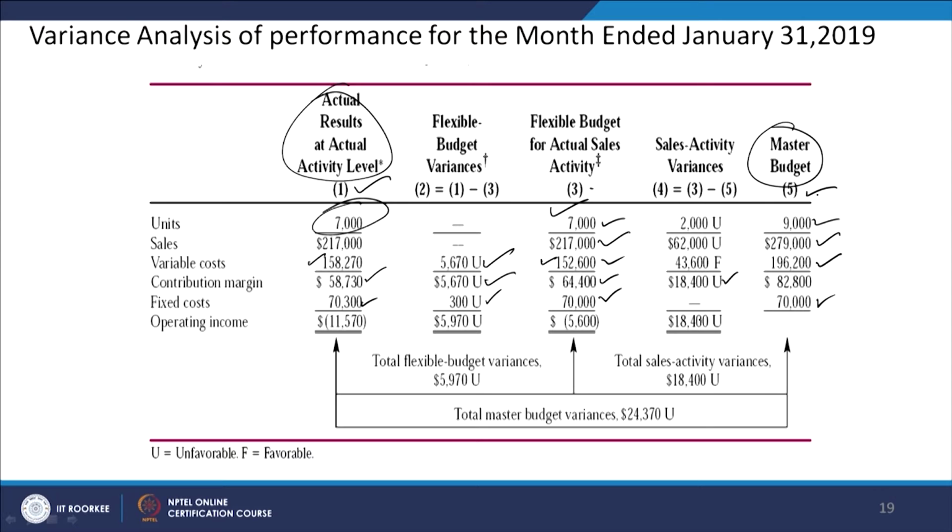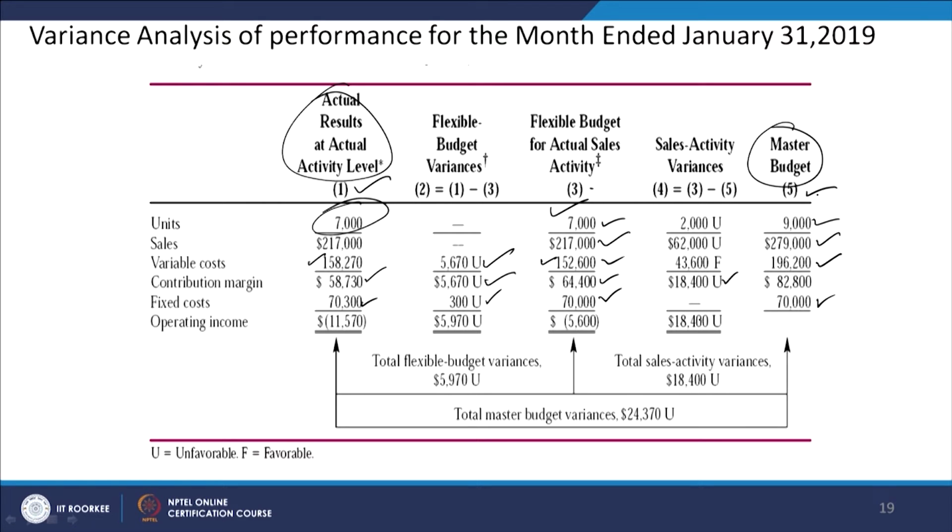The operating income expected at the 7,000 units of output and sales was $5,600, but in this case it was not operating income, it is an operating loss. We were expecting a positive contribution of $64,400, and subtracting the fixed cost of $70,000 from the contribution, the expected operating loss was $5,600. But since the variable cost has also gone up in the actual performance, fixed cost has also gone up